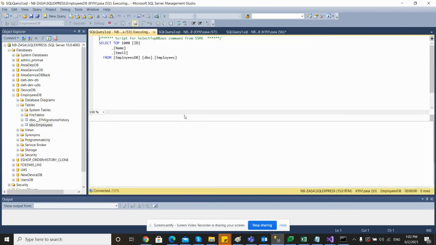So if you just select it, right now we don't have any record in that table. So I'm just going to insert some records into that. Insert into employees, and it's going to be name and email. And the values are going to be, I'm going to add in my own name, which is Sir Faraz. And my email is going to be